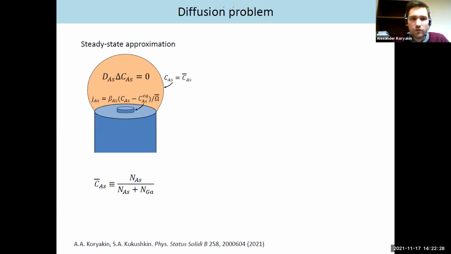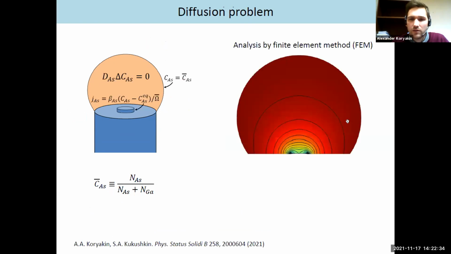So we solve a diffusion problem in the steady state approximation, and we found by a finite element method that this island shape has a torus diffusion field. Then we looked through the literature and found a known solution for the Laplace equation for a charged torus, and used this solution for our case to derive